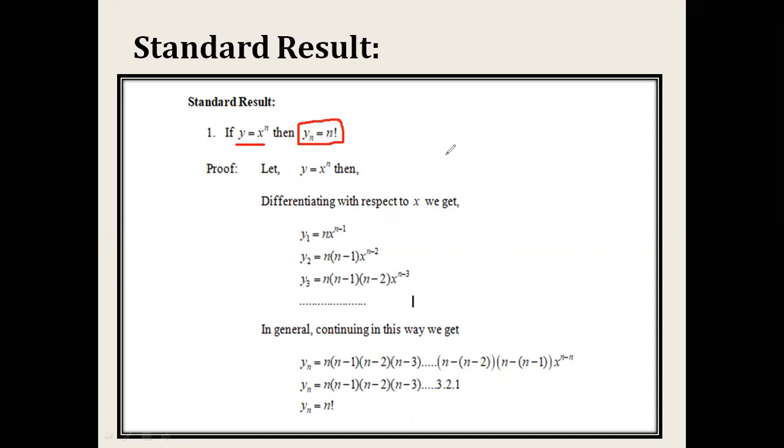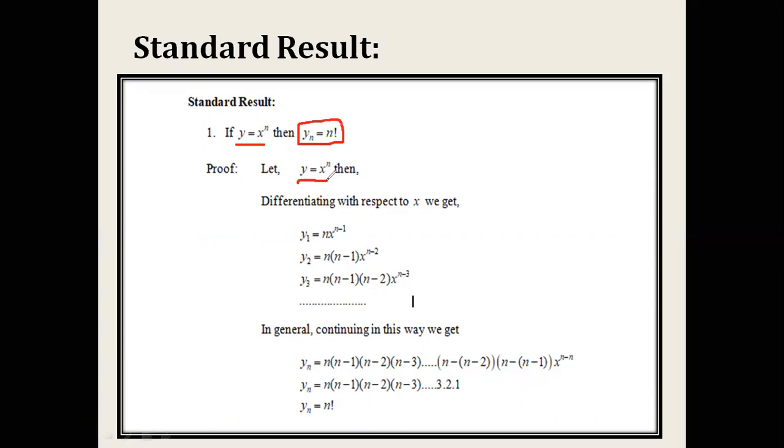तो यहाँ पे हमको एक फंक्शन दिया है और उसका हमको डेरिवेटिव फाइंड करना है, और वो भी nth डेरिवेटिव फाइंड करना है. So by the definition of successive differentiation, we simply take the given function as it is. This is our given function, y is equal to x raised to power n. यानी जो हमारा स्टैंडर्ड फॉर्म है y is equal to f of x, वही फॉर्म में फंक्शन दिया है. अब यहाँ पे आपको nth डेरिवेटिव अप्लाई करना है. Means it is very simple to apply the definition of successive differentiation. And the definition of successive differentiation is the process of differentiating the same function again and again. यानी हमको यहाँ पे इसका nth डेरिवेटिव फाइंड करना है.